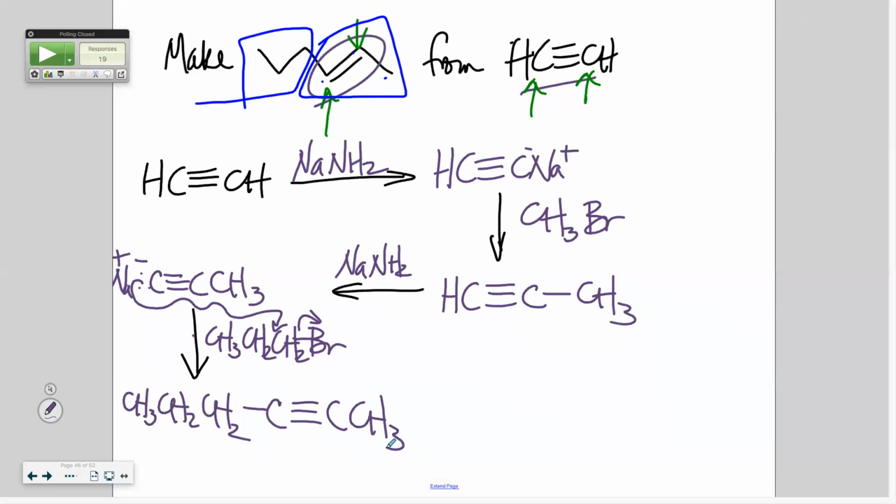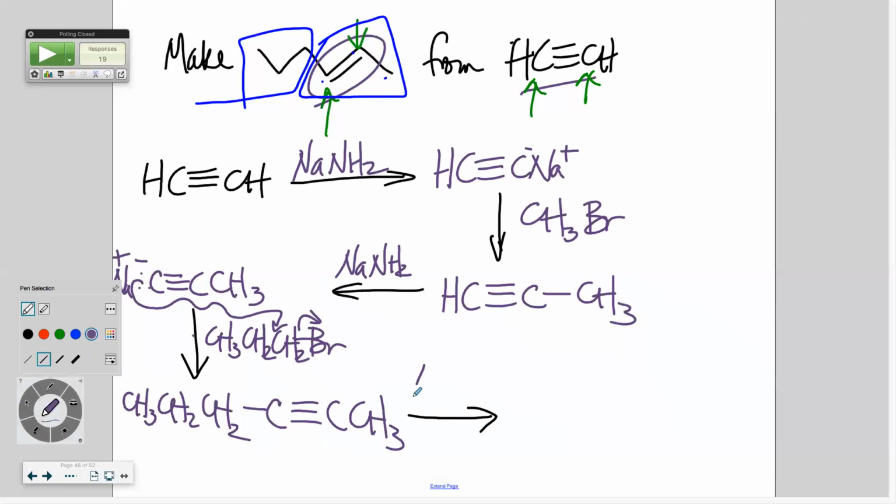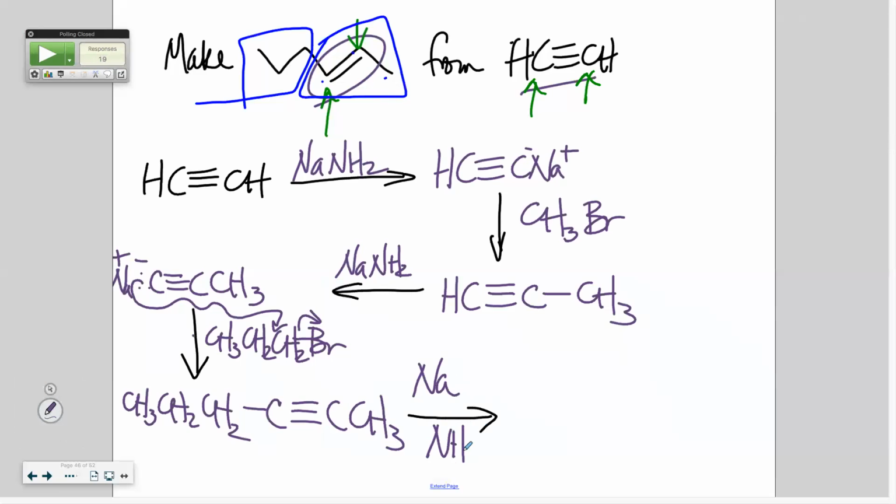What's the difference between this compound and where we're going? A double bond, and it's what kind of double bond? Trans. Okay, so how do we do that? NaNH2? No, Na in liquid ammonia. That's important because that's where the hydrogens are coming from, that ammonia. Okay, and so that will give you